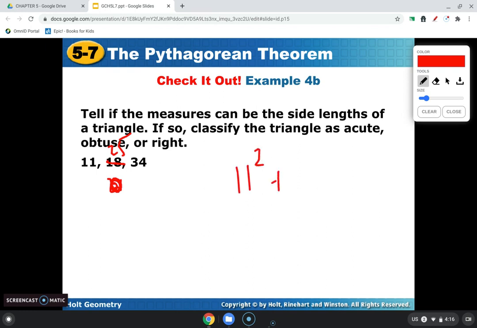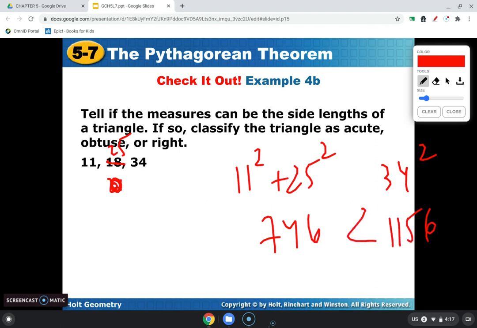So let's figure that out. 11 squared plus 25 squared equals 746, and 34 squared is 1156. So c squared is bigger. So that would be an obtuse triangle. Let's try to give you another example there of how to